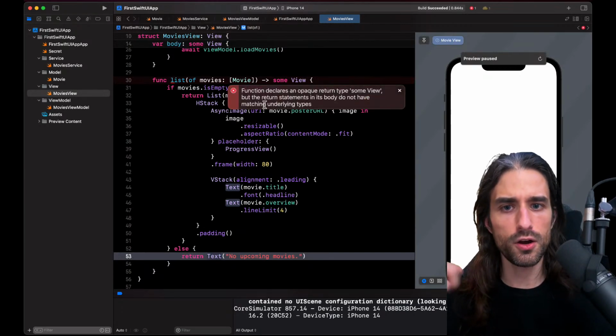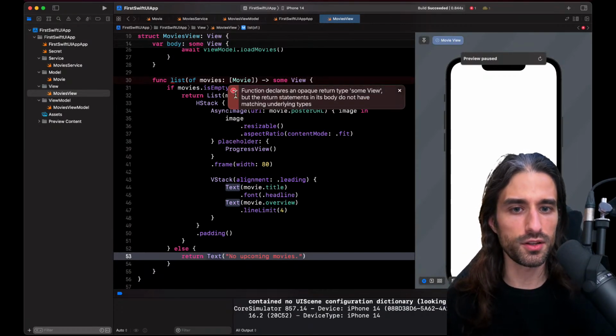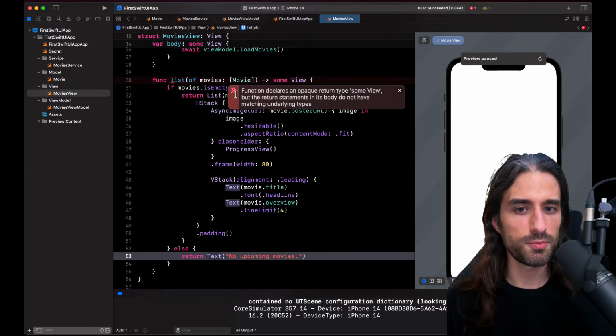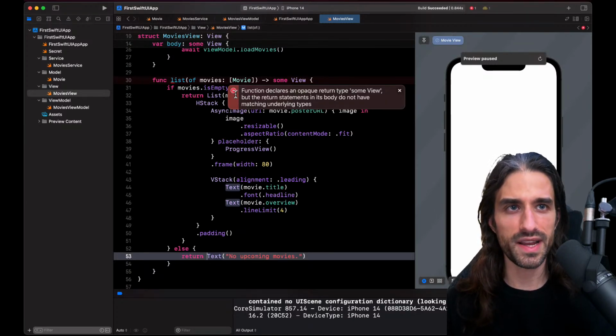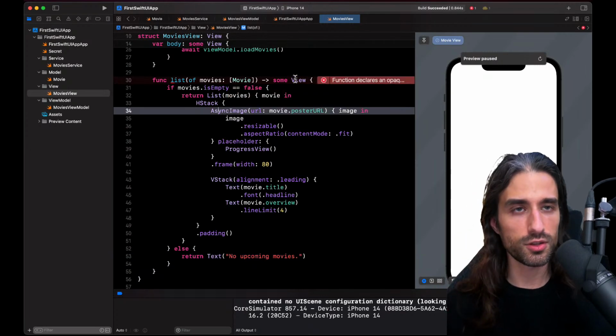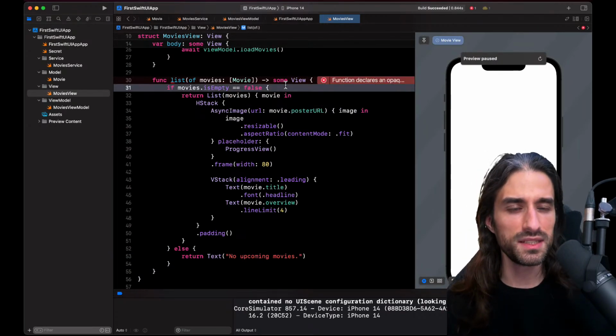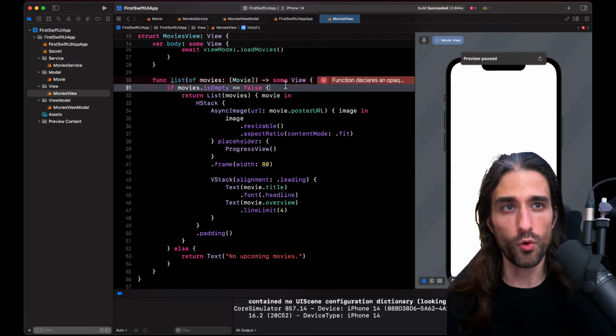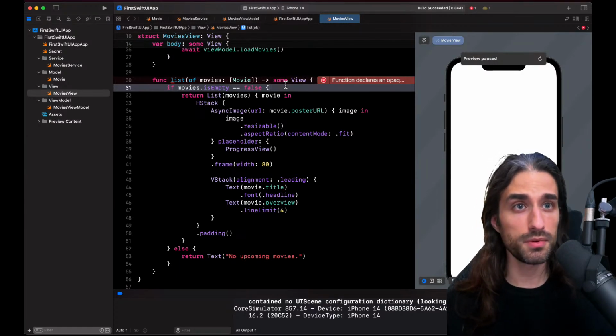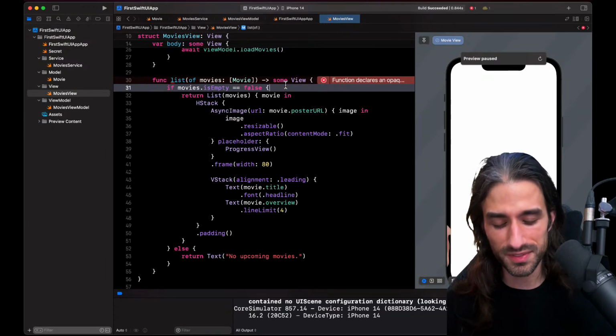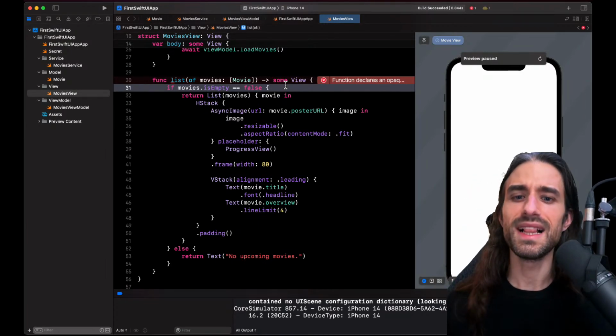And so I have an error. Function declares an opaque return type some View, but the return statements in its body do not have matching underlying types. And the reason is that some View, for the compiler, means this method will return some possible view. I'm going to redo it.